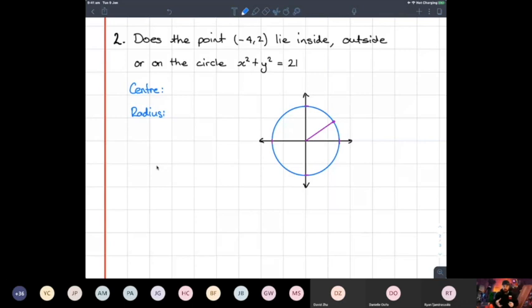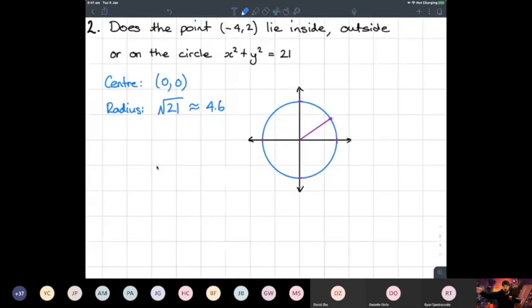So if we look at this circle, does everyone agree with me that the center is just going to be at 0, 0? Everyone's comfortable with the center at 0, 0. And its radius is just the square root of 21, which is approximately equal to 4.6. So we've got that kind of information. If I zoom in, we know that this is the square root of 21, which is 4.6